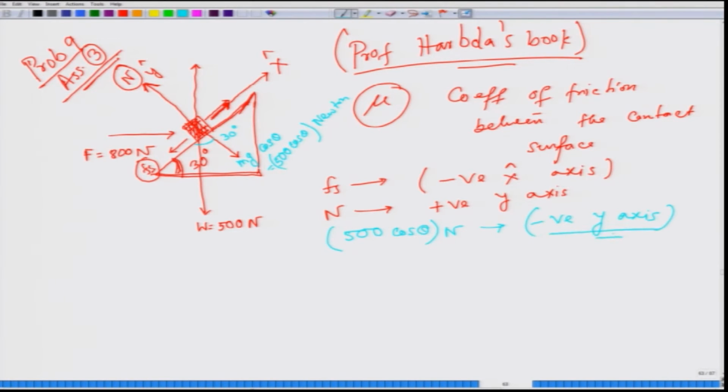What else? What other forces do I have? I have mg sine theta along the negative x axis. So, I have 500 sine theta along negative x axis, and the normal reaction from the surface is along positive y axis,